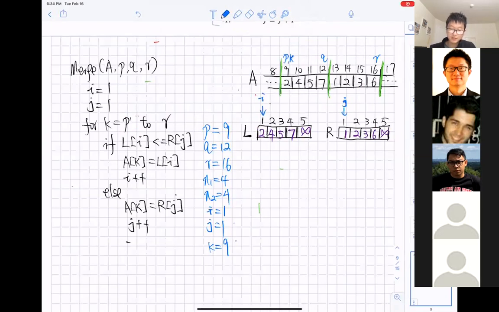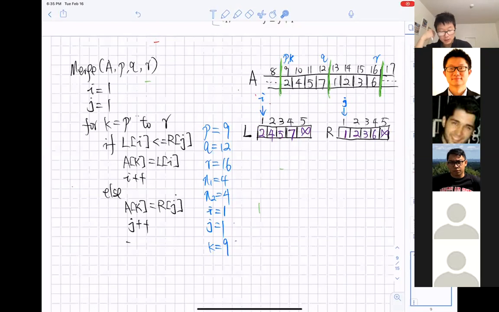Initially, we're going to use k as the index for the array A. So I'm going to mark k, let k point to the index, write k above the index 9, meaning that k is here. And A[k] is just right below this index.